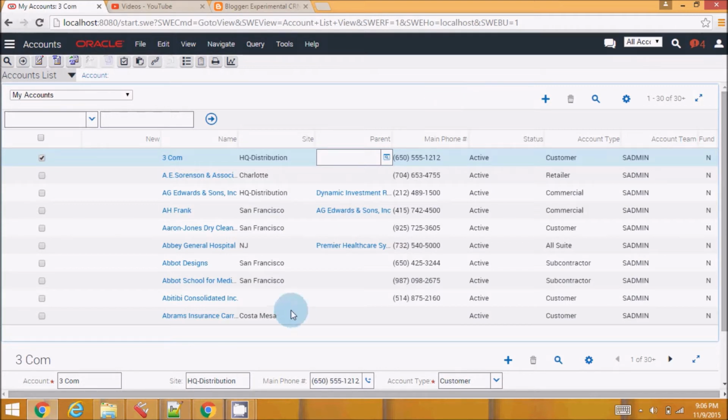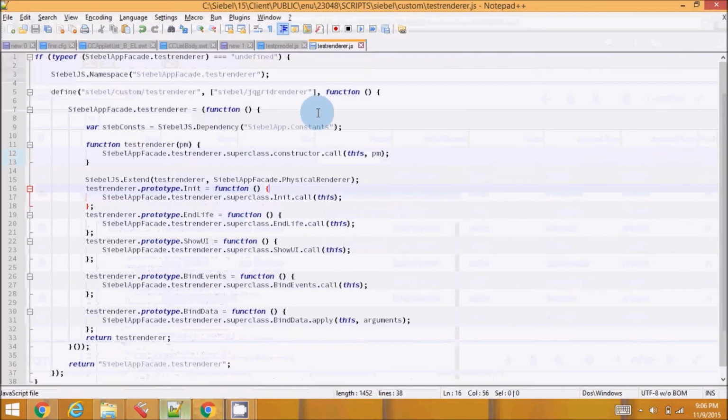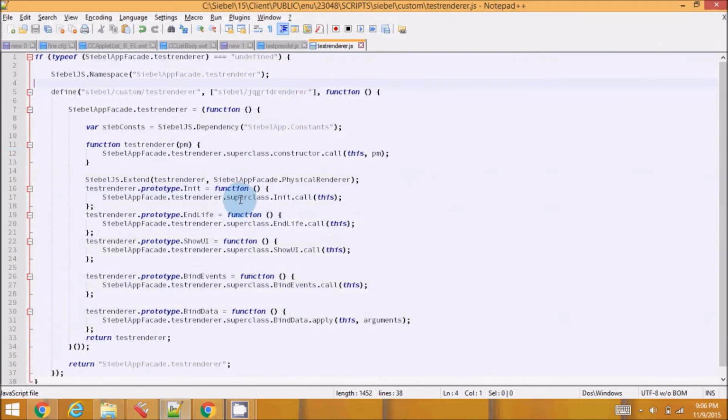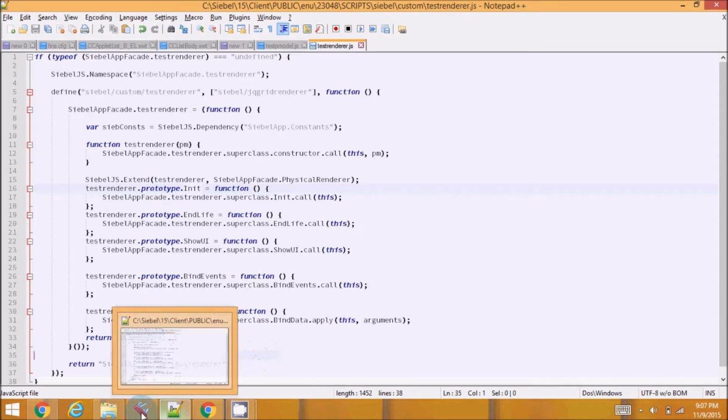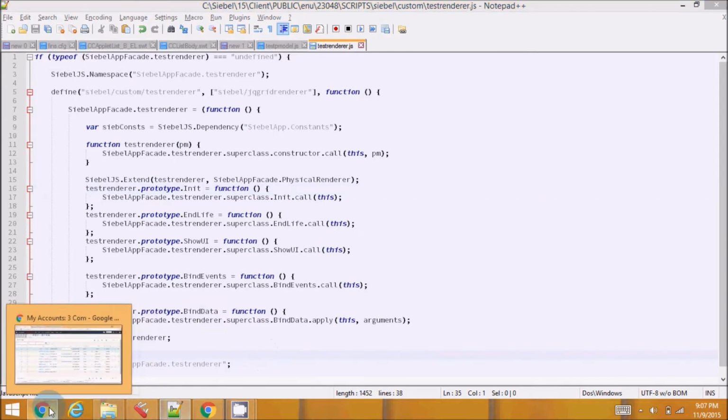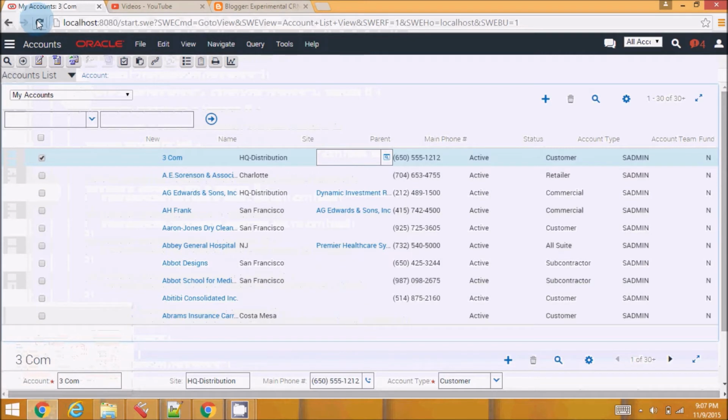So I have a test PM and test PR that I have created with just calling the superclasses. What it actually does is this test renderer just calls the parent physical renderer's classes. So I say superclass. It calls the superclass's functions. So let me go to this view. If I reload it,